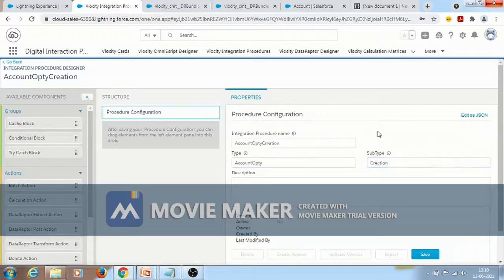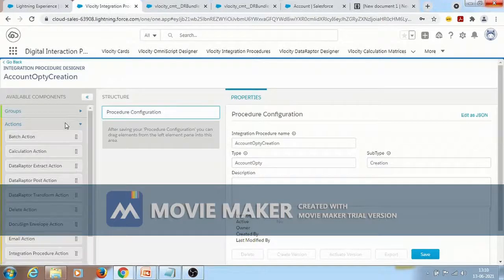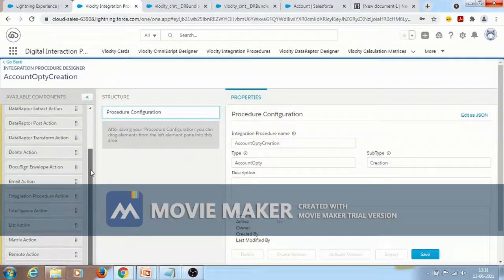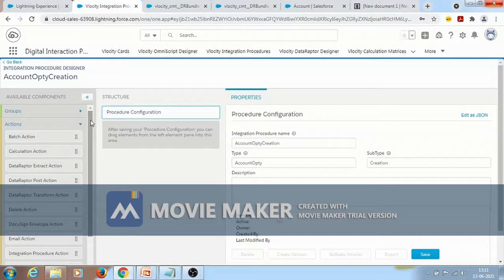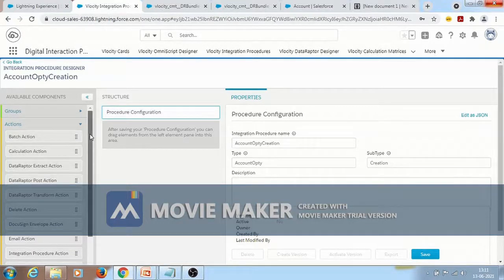Here this is the IP, and there are two tabs, which are groups and actions. We can perform a number of actions using this. In the groups, we can use catch block, conditional block and try catch block. I'll explain what these groups are later. Let's create a simple IP to create the account and opportunities.